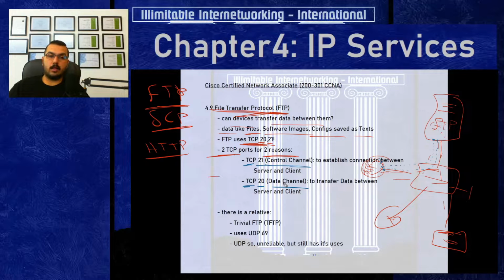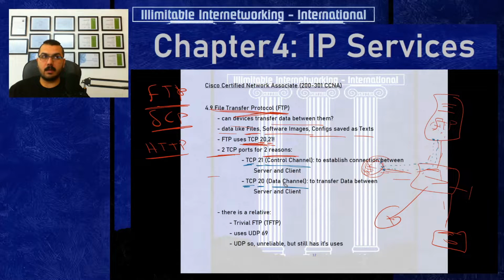So you have two channels. The first one is for control, and it carries the authentication. There is some data transferring between them to authenticate and make sure that the connection is established correctly between the devices. After that is done, the other channel, the data channel that uses TCP number 20 between the two devices, will start to really transfer data. The data will be like IOS images, which is the most important thing that you will transfer in your network using the FTP protocol, because what you will face in your network will be